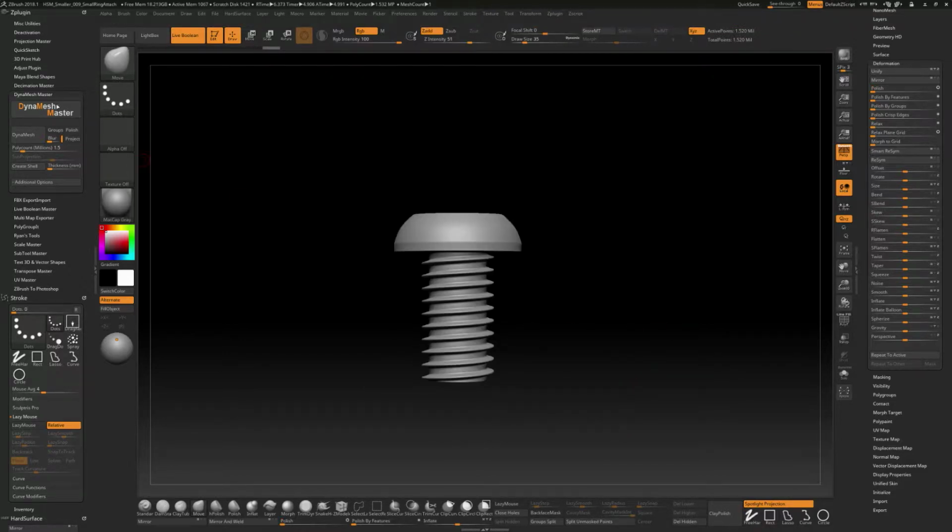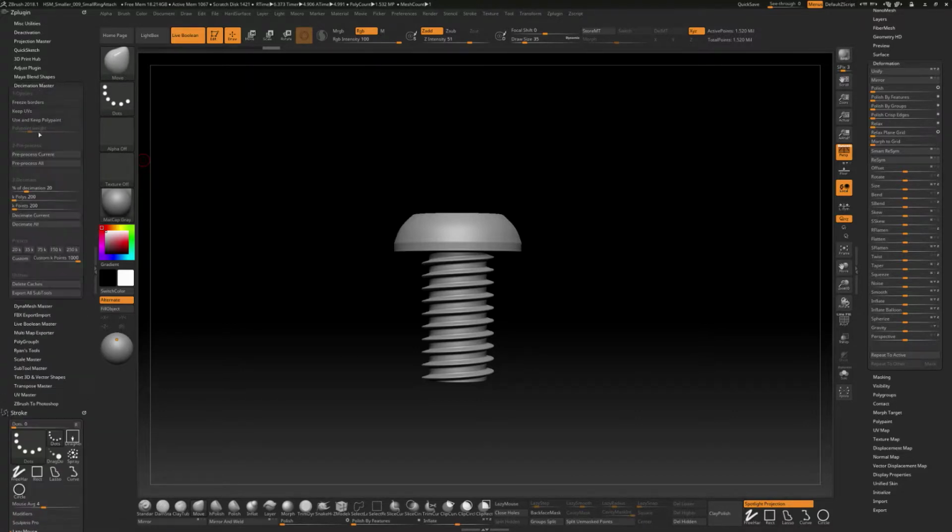And then I'm going to use Decimation Master. So I'm going to use this. I'm going to say Preprocess Current, run this. These things are going to be pretty darn small within the design, right? So we don't need this thing to be 1.5 million polys. We're going to try to drop this down to an appropriate level to where it's giving us the shape and still looks the same, but it doesn't have to kill the computer to have that represented, right? And so as soon as it's done,